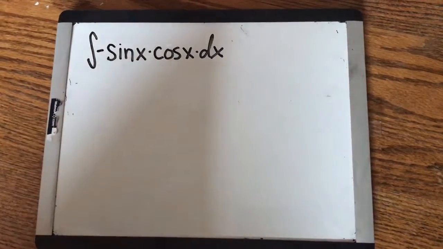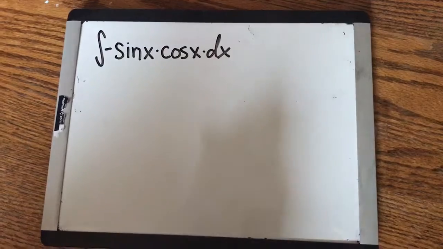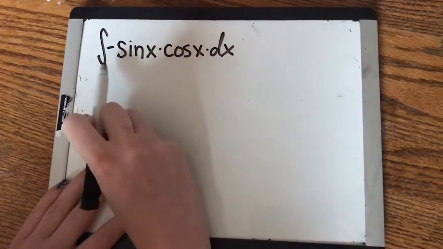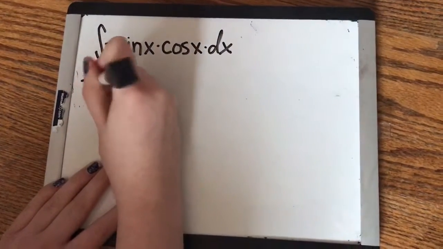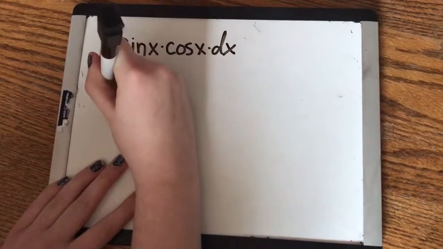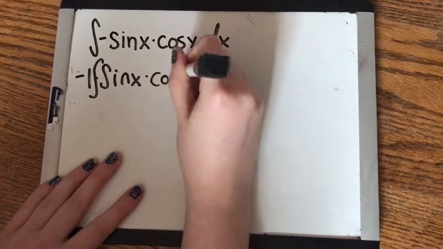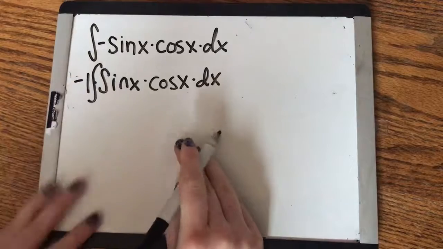Hey everybody, today we're going to learn how to integrate negative sine x times cosine x. And so the first step here is just timesing this by a -1. And we can move our constants to the outside of our integral. It's a property of integrals, right? Then I look at this and I say, okay,